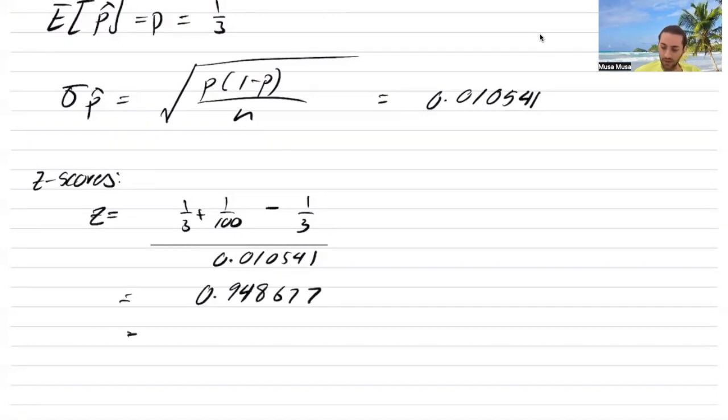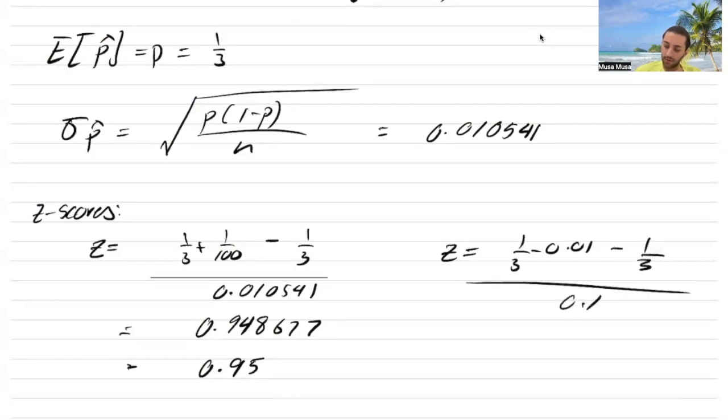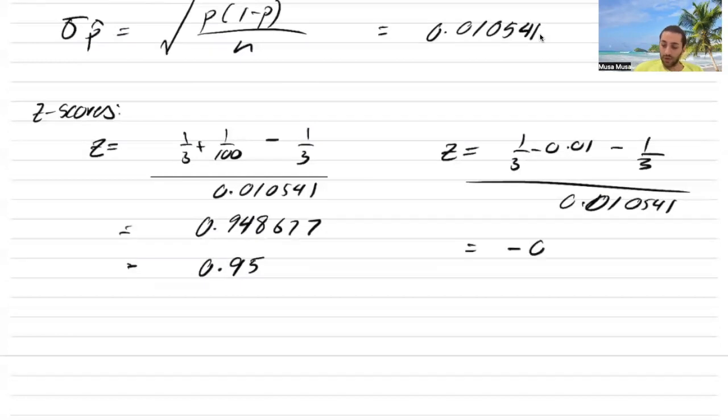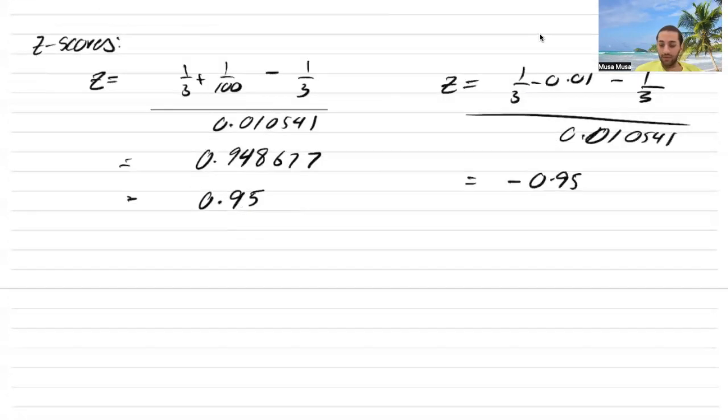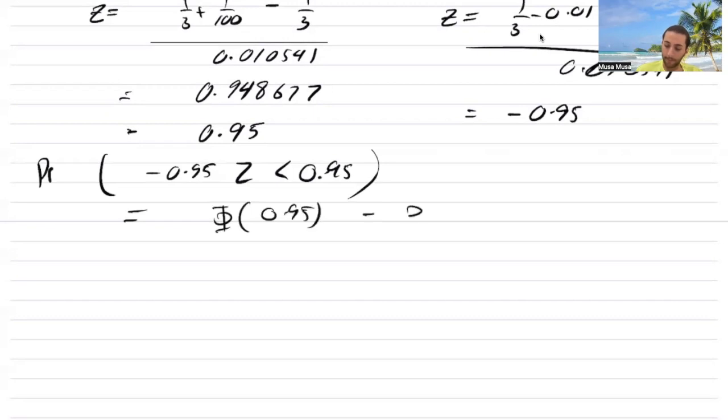Now, considering I can only go to 2 decimal places, 0.95. And then for the other one, it's a third minus 0.01, and then minus a third over 0.010541. And this should just give you the negative of that, 0.95. Lovely. So what you're really asking yourself is the probability that Z is between 0.95 and minus 0.95, which is just going to correspond to